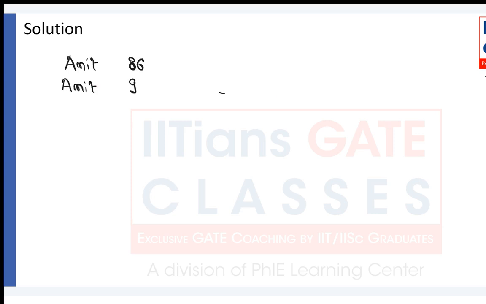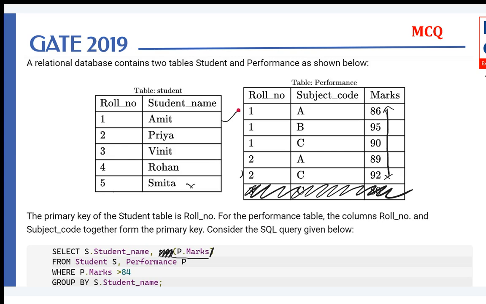There would be a row, Amit, 90. There would be a row, Amit, 89. There would be a row, Amit, 92. Okay. Amit would be present with each of these marks on the right hand side. Then Priya would also have to be paired with all of them, all the five tuples. So after this, it would have been